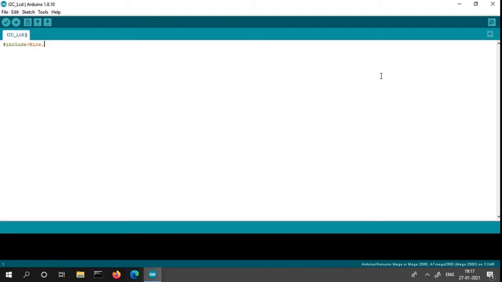The Wire.h library is not there in that case. It is provided here. Then we are going to include the LiquidCrystal_I2C.h library. This is also specially for the I2C display. For a general display, LiquidCrystal.h is enough.